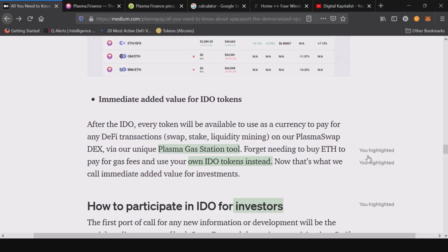Immediate added value for IDO tokens. After the IDO, every token will be available to use as currency to pay for any DeFi transactions. Swap, stake, liquidity mining on our Plasma Swap DEX via our unique Plasma Gas Station tool. So Plasma Gas Station tool is an incredible